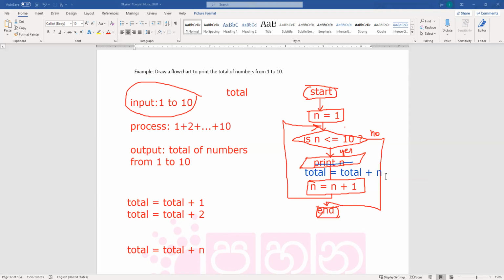This will go on up to 10, isn't it? Now there's a small problem in the beginning. So when you start, what should be the value of the total? Can anyone of you tell me? When we start, in the beginning,